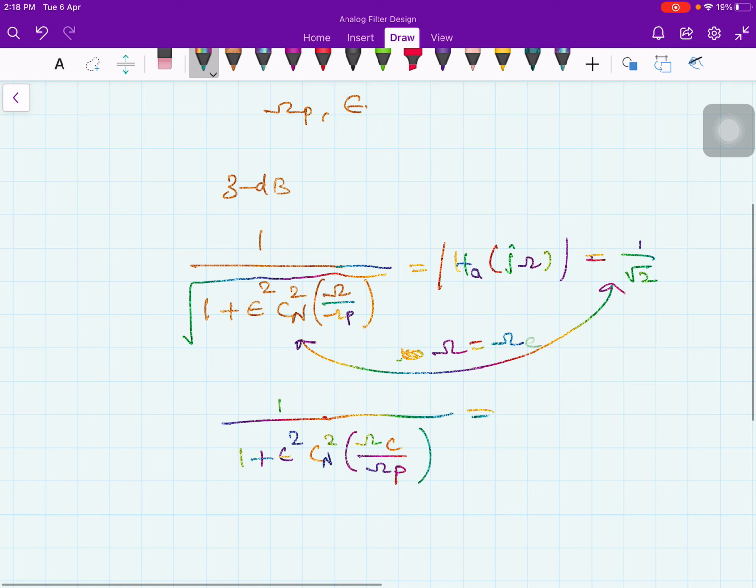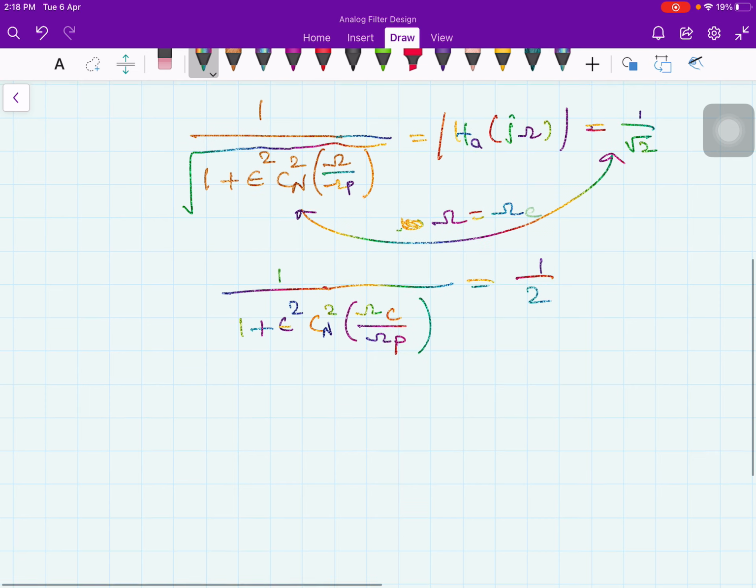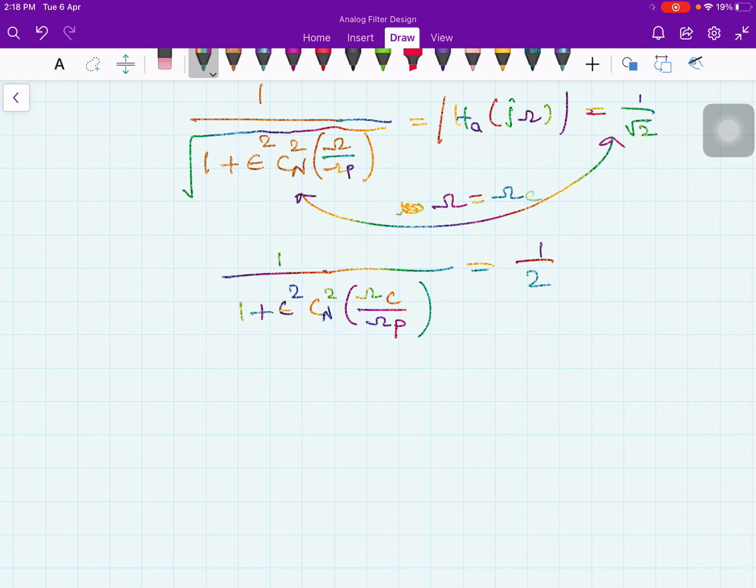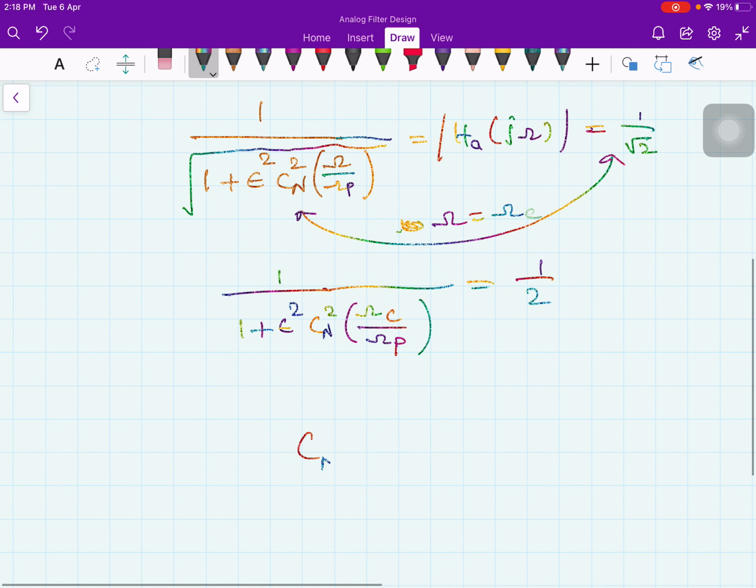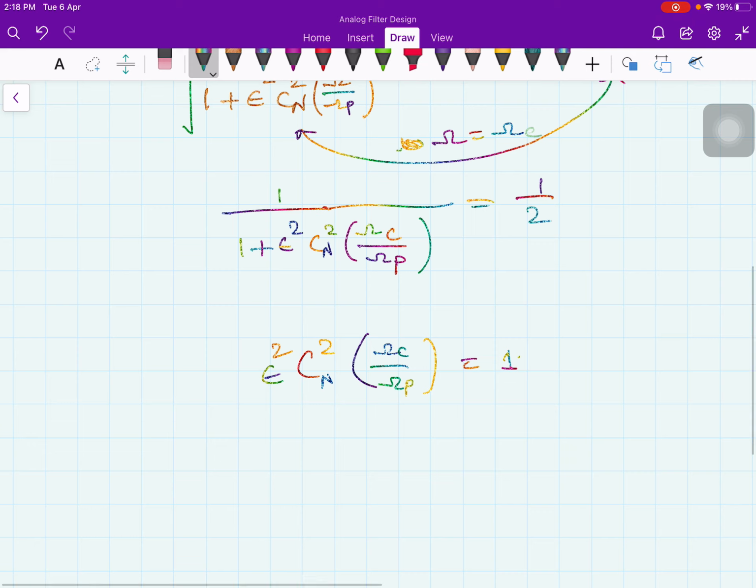If you square it on both sides, then it would be 1 by 2, and therefore Cn squared of omega c divided by omega p is equal to, of course don't forget this epsilon squared, equal to 1. Okay, so Cn squared of omega c by omega p is 1 over epsilon squared,